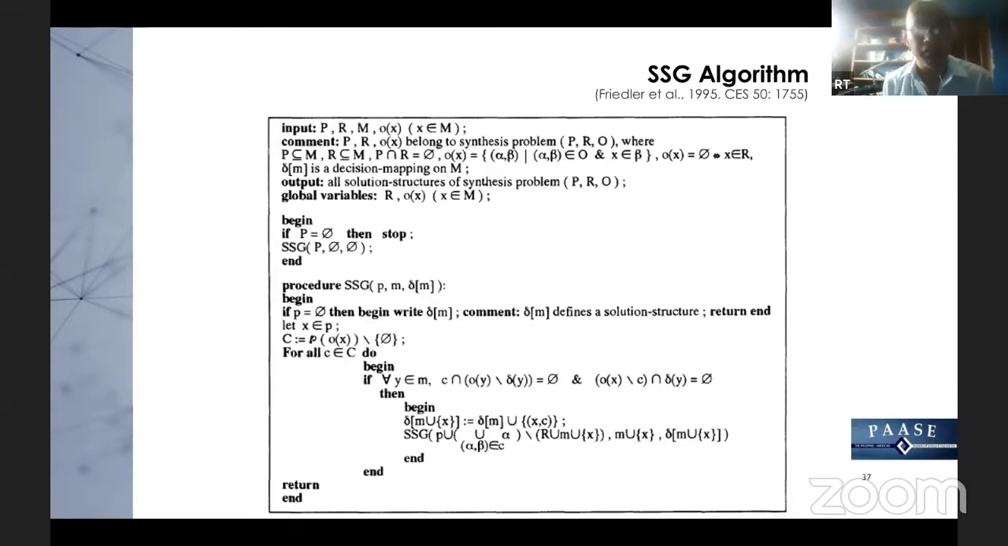The next step is the solution structure generation algorithm, or SSG, which was developed in the mid-1990s, also by Friedler and colleagues. The paper was published in Chemical Engineering Science. But what we'll do is go from the maximal structure and see what happens if we examine every possible design that can be generated. So if we look at the next slide,